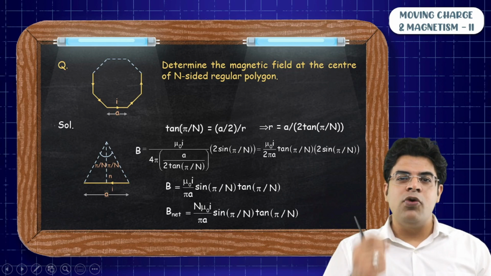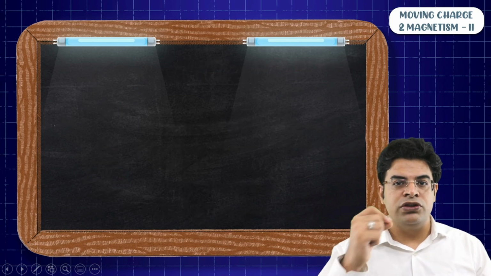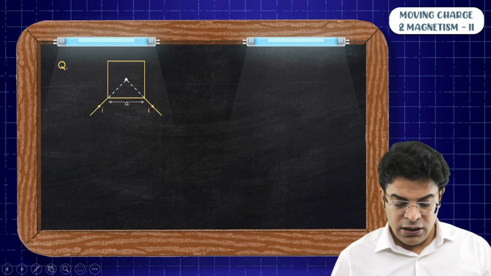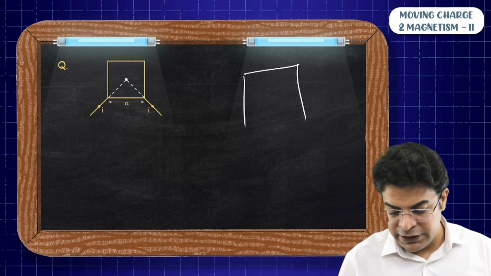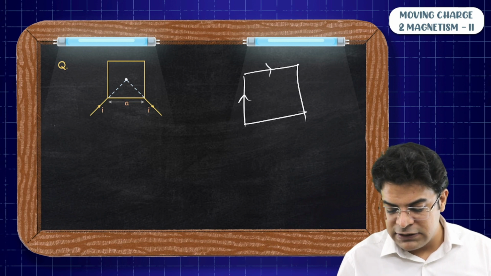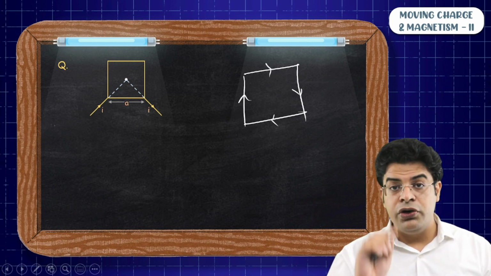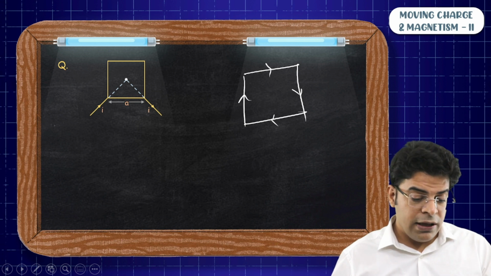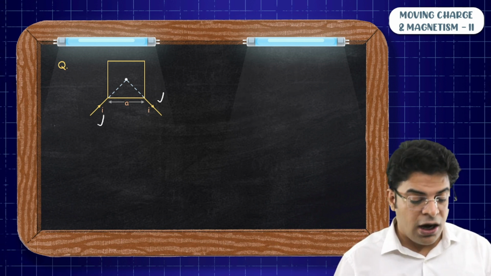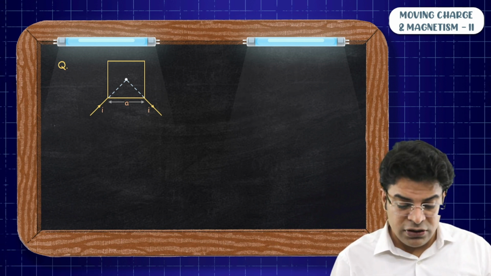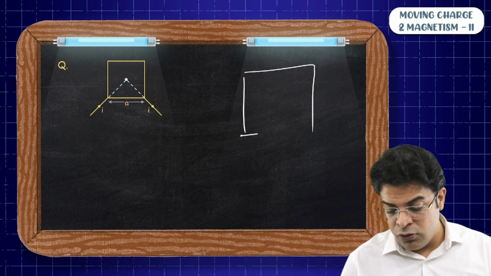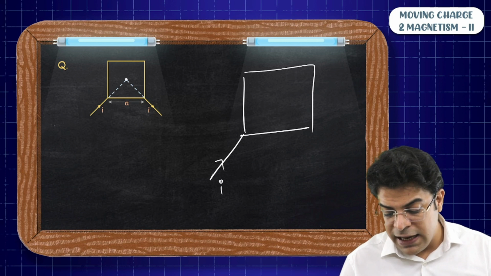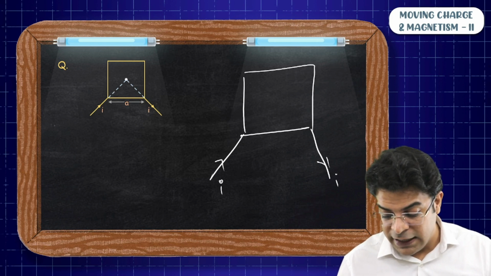Let's see some more important cases before we close this. This question is a simple question. Here, rather than asking the magnetic field at the center of a square loop due to the current flowing through it, we have got two more attached arms. Your mission is to determine the strength of magnetic field at the center of this square loop, given that from here a current I enters and from here a current I exits.